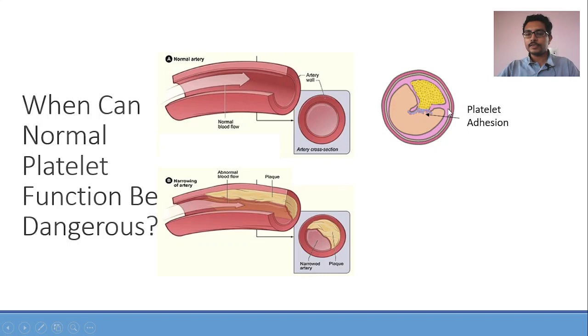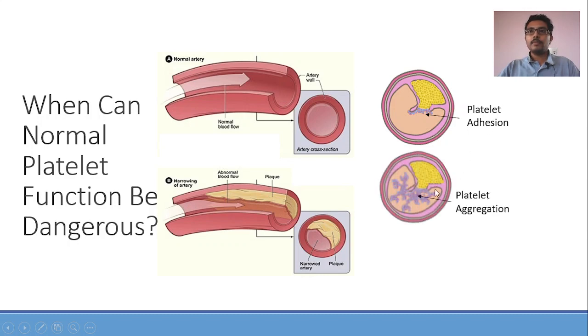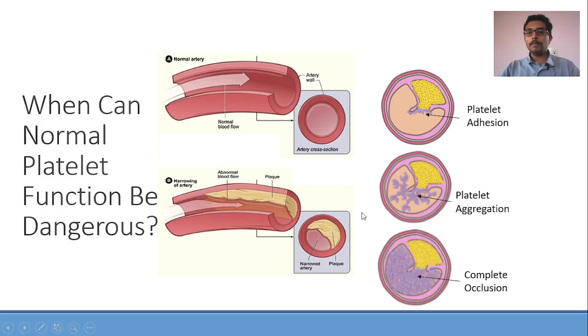First there is platelet addition followed by platelet aggregation, but sometimes it will not stop there. Sometimes the platelet aggregation can become more and more exaggerated, leading to complete occlusion. This is the pathogenesis behind various occlusive disorders such as angina pectoris or myocardial infarction or transient ischemic attack, stroke, all these things. Okay. Now, if we want to stop these things from happening, we have to have antiplatelet drugs.